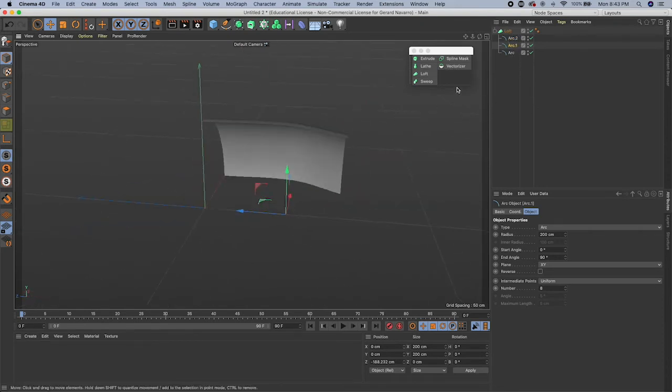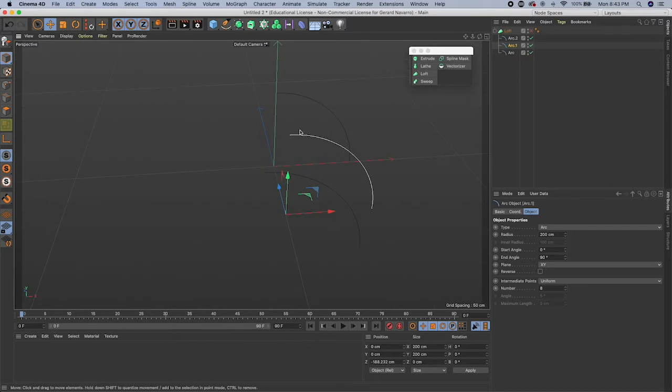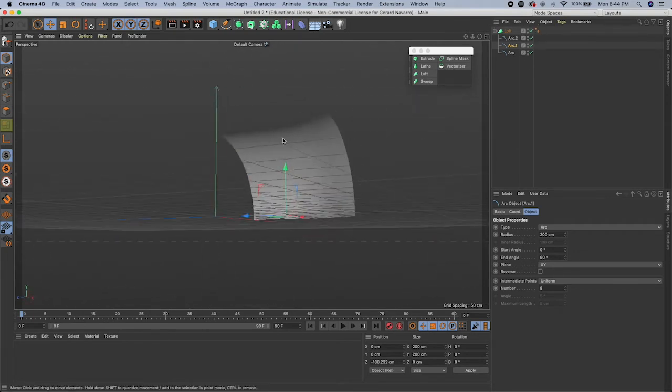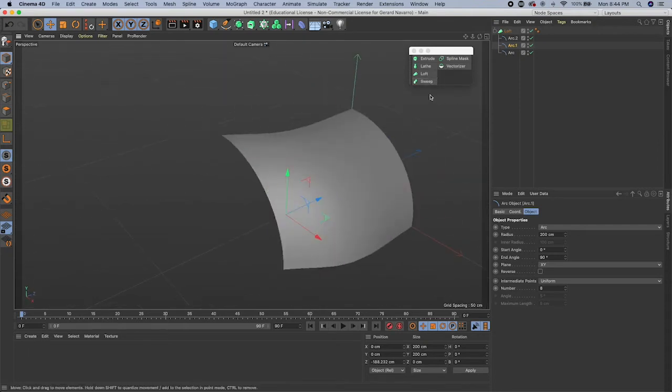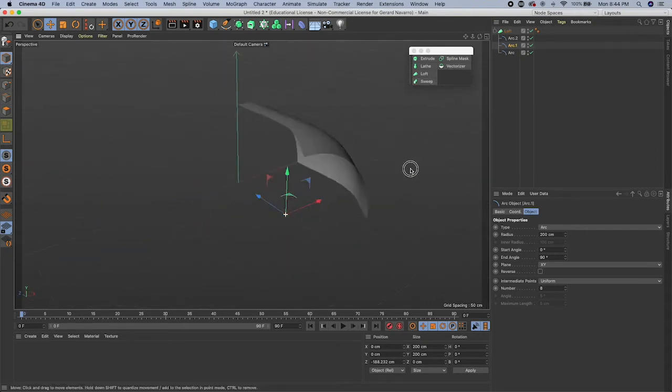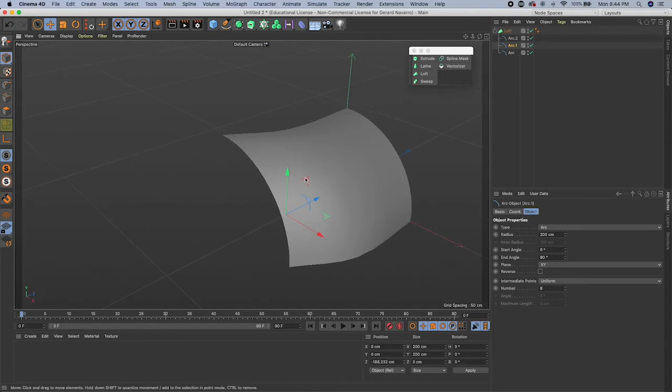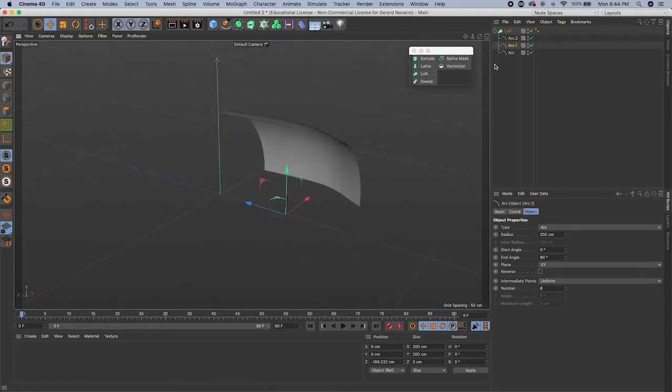So you can see here, if we turn this off, this is the cage of our surface model. We have our splines lined up. And then if we turn this on, we have a whole surface from our loft generator. So this is perfect if you want to model cars or maybe metallic objects. Okay, next,